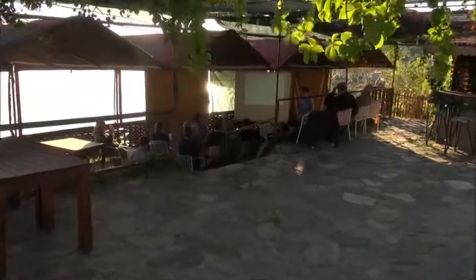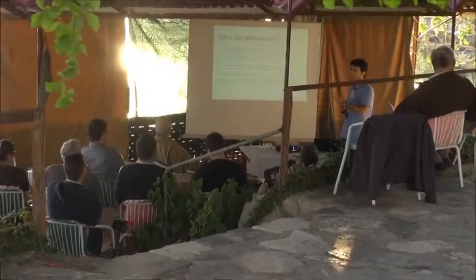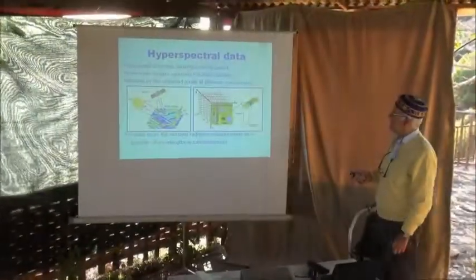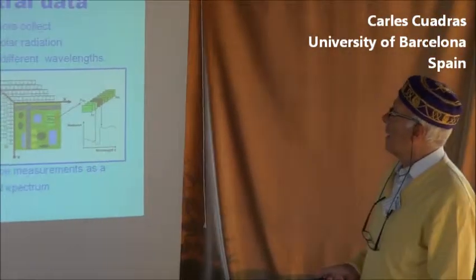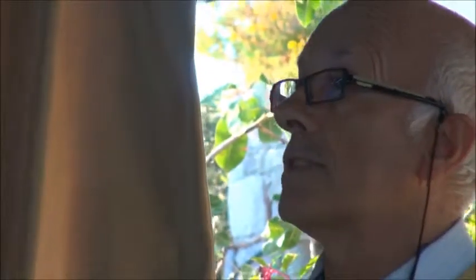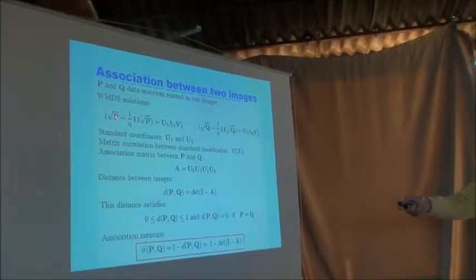And then I will end my talk with our application of the permutation test to analyze church or building or road or tree. And for each pixel, the radiance is combined with the wavelength. Because this method doesn't depend on the standard of principal coordinates, U1 for the first image, for the second image.